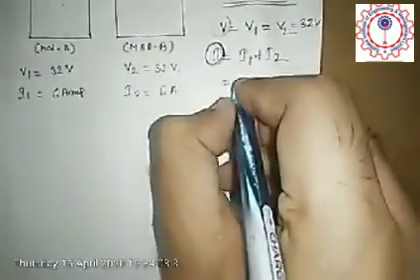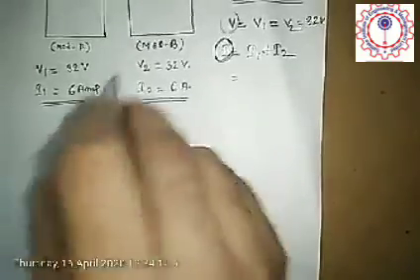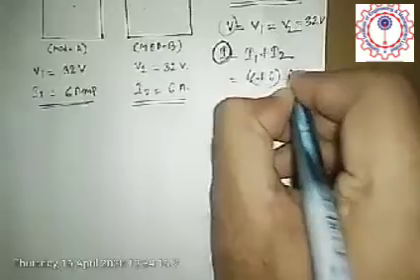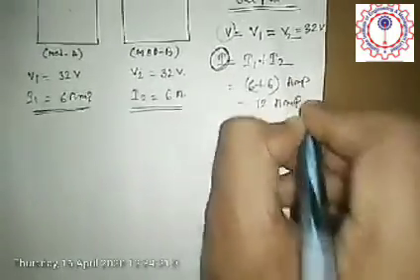The total current I equals I1 plus I2, 6 plus 6 amp equals 12 amp, and at that time the output power